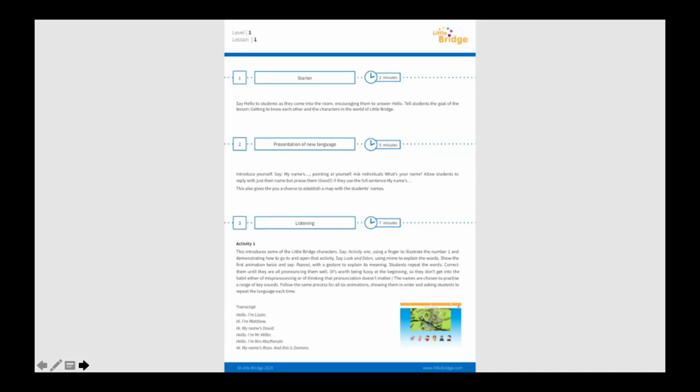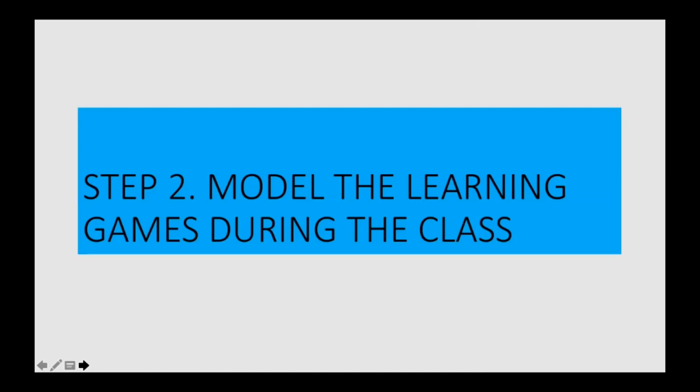You read it, you analyze it, and when you see a picture of the platform, you need to model. Entran a la clase, siguen los pasos y les dicen, okay, look. Y tienen que enseñarles a los chicos what they are going to be doing in the platform. That's what we call modeling the learning.